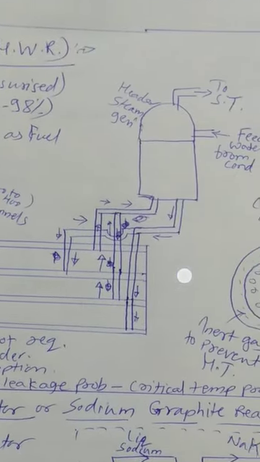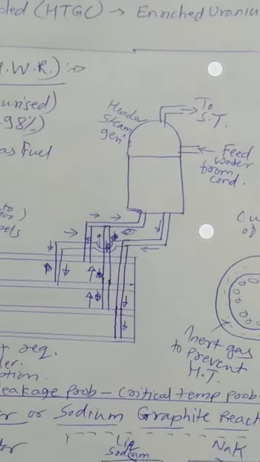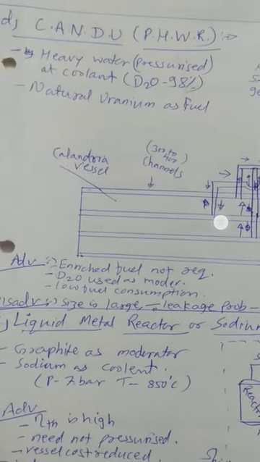Above that there is a header, and in the header there is steam generation. In the header, steam is generated by using this D2O, which is moving from the tubes. In the header, the required feed water is coming from the condenser side with the help of the feed water pump, and by exchanging the heat it is converted into steam, and later at the top the steam turbine is given here. The converted steam goes to the steam turbine, and the remaining process is followed.